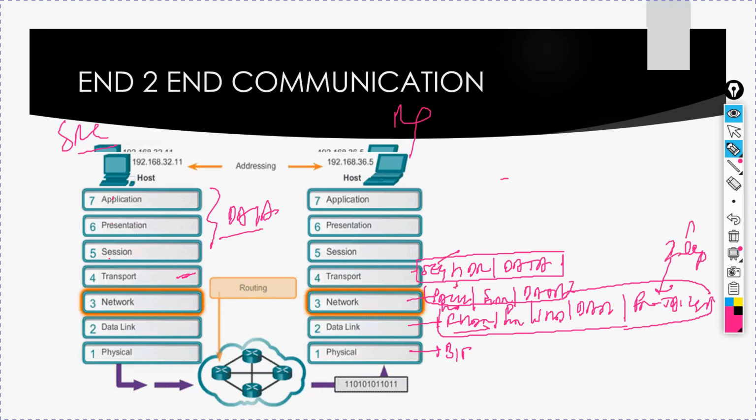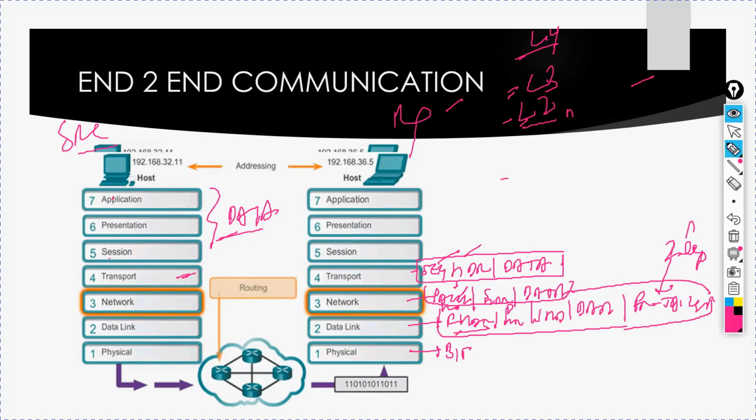So this is the encapsulation. At the source side, you are encapsulating your data with the segment, packet, and frame headers. Why? Because in networking, if you are communicating from one network to another network and your layer 2, layer 3 and layer 4 information is missing, you are not able to forward your packet between networks.